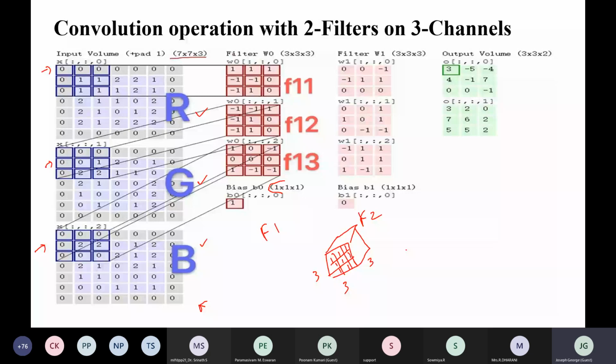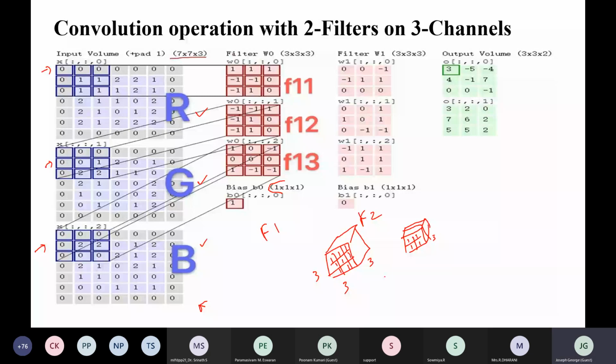So this filter depth will also be 3, because the input image also has a depth of 3. So now what happens? The first filter performs a convolution operation with this input image. So you will get 1 into 1 plus 1 into 1 plus 1 into 1 plus 1 into 1 for the first convolution value.